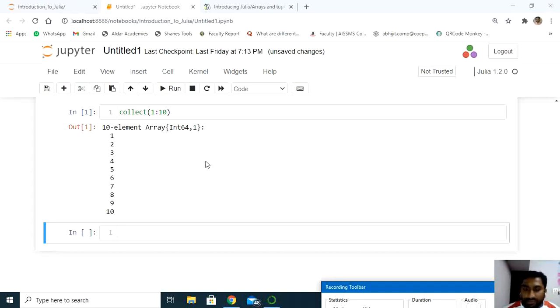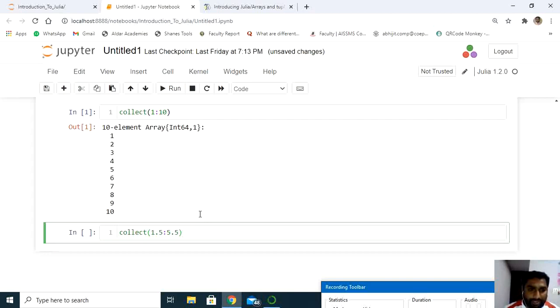In the same way, we can generate floating values also by using the collect method. Let's generate some floating point numbers. Let's say I want the elements from 1.5 till 5.5. Shift and enter.